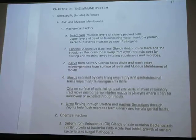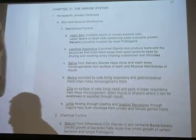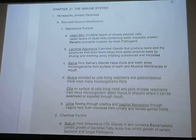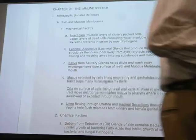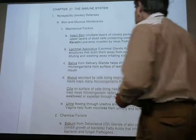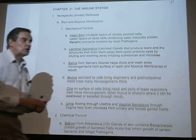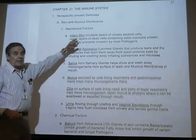As you know, the skin covers the body. The mucous membranes line body cavities that have a natural opening to the outside. So our respiratory tract, our GI tract, gastrointestinal tract, many of the tubes in our urinary and reproductive tract are all lined with mucous membranes. The skin is especially a good protective barrier because intact skin, remember the epidermis, which is the